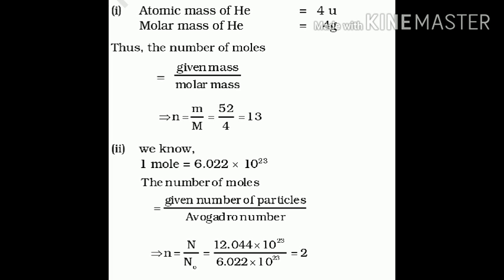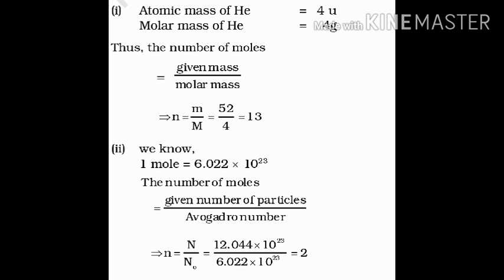Suppose now we have 20 gram of sodium hydroxide. Now what is the number of moles? We have 20 gram of sodium hydroxide, so 20 gram will be divided by the molecular mass of sodium hydroxide, that is 40. So 20 divided by 40 is equal to half mole or 0.5 moles. So this is the basic concept of moles.